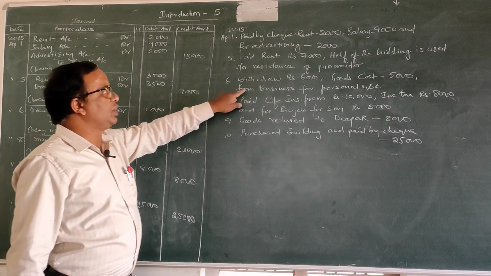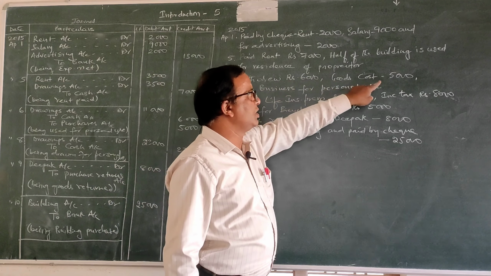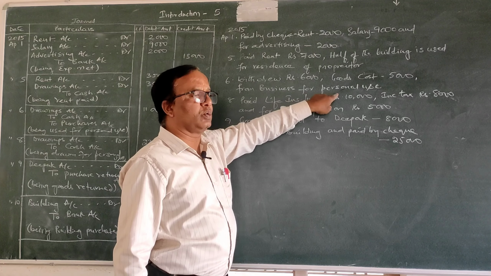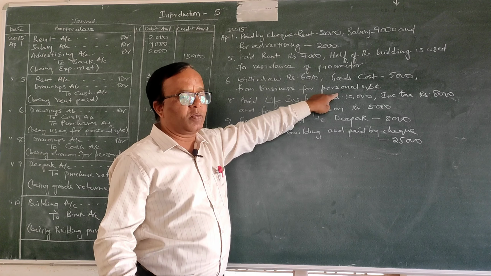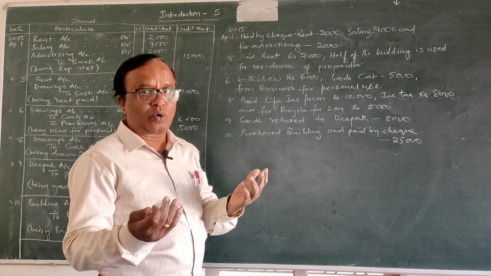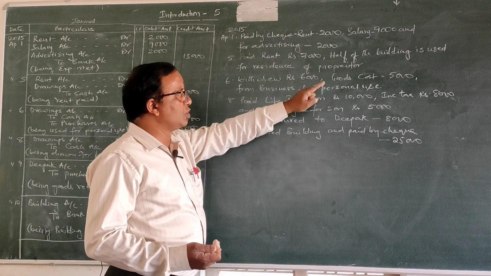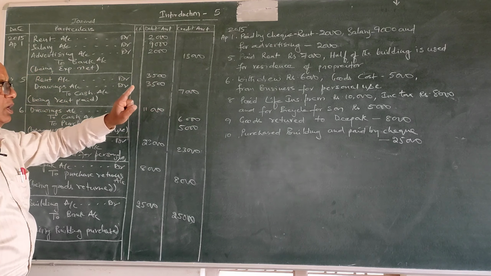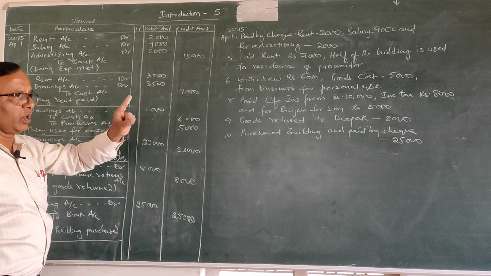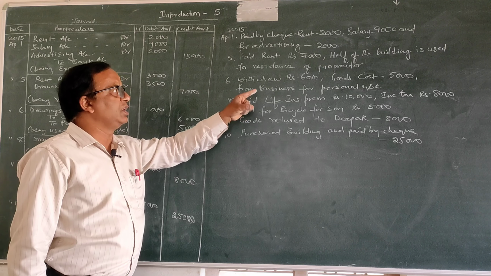Next, see, withdrew 6000 rupees cash. Goods 5000 he has withdrawn from the business. For what purpose? For personal use. Who has withdrawn? The proprietor. So whatever the proprietor has withdrawn from the business for personal use is drawings. So he has drawn 6000 worth of cash and 5000 worth of goods there. What accounts should be affected? From the business, cash is going out, goods are going out. When goods are going out, the account affected will be purchases account. Then again these are all drawings.